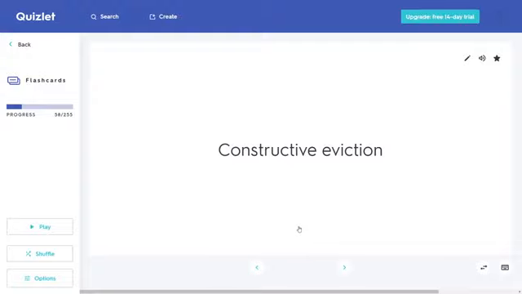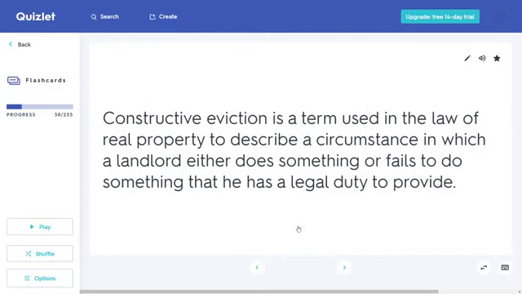Okay. Hopefully you guys came up with a good definition here. This one's pretty basic. I know there's like four lines of text here, but I'm just going to break it down super easily. It's a term used in real property law to describe a circumstance in which a landlord either does something or fails to do something that he has a legal duty to provide. So I know you're probably thinking, well, what does that mean? Well, basically, landlords